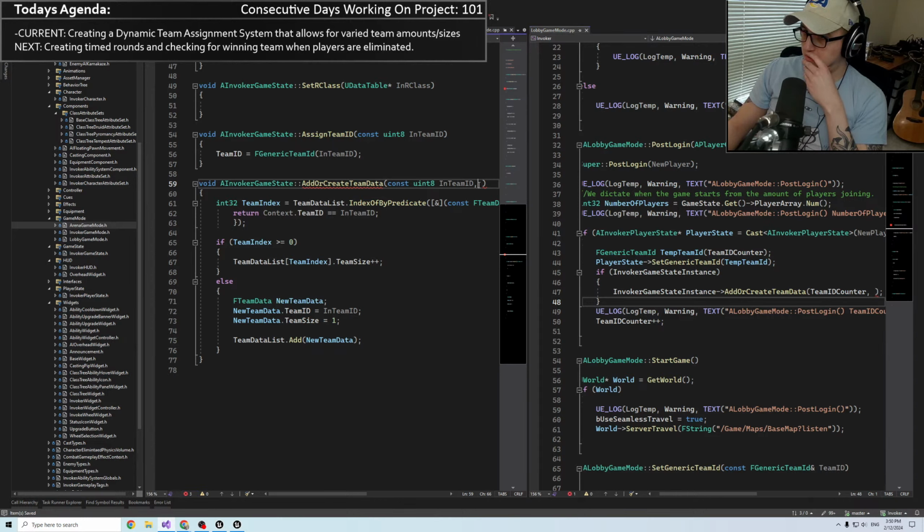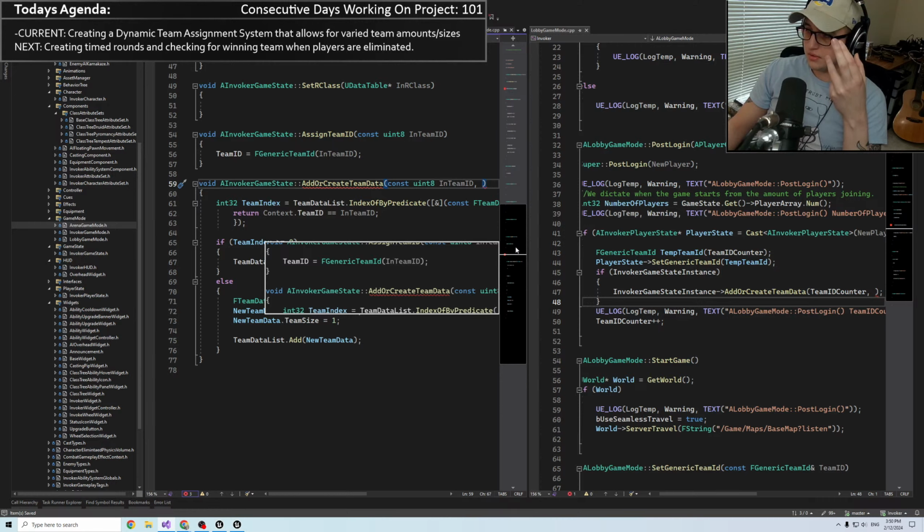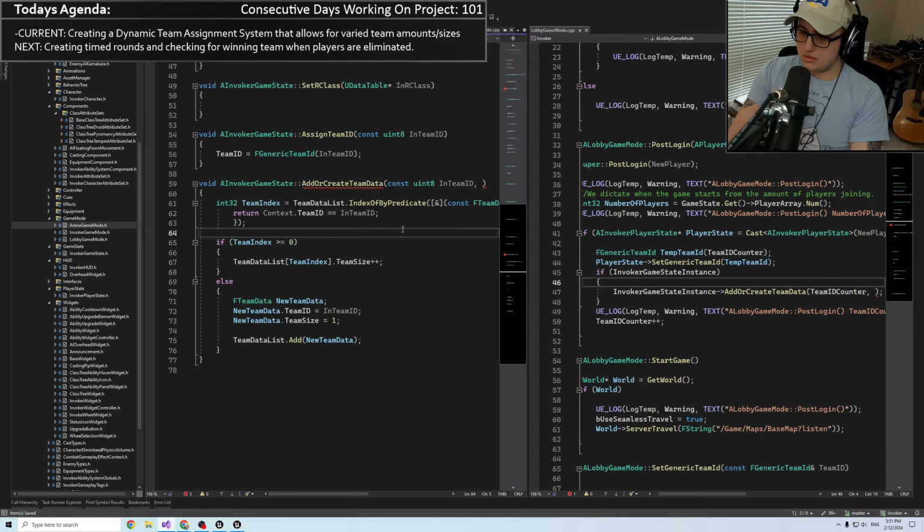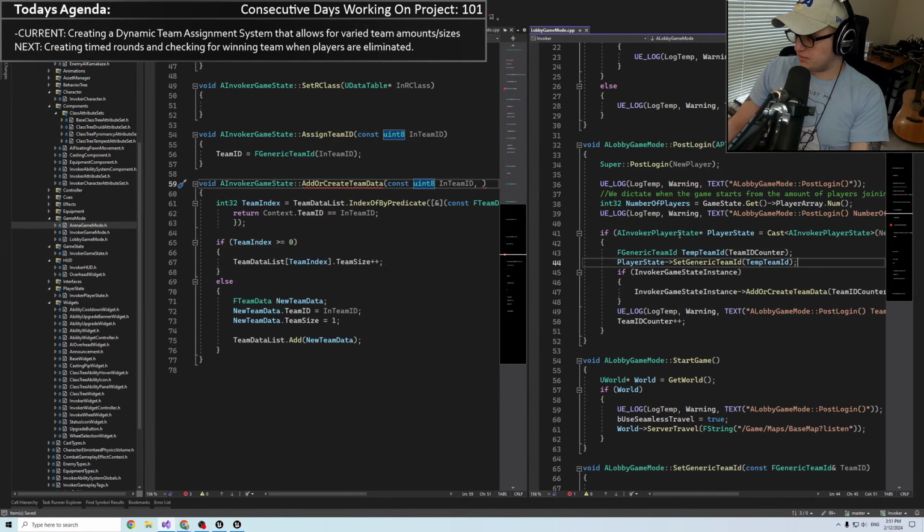The team ID that's selected in the lobby will also be the team ID that's given to them when they join the game. I hate how seamless travel's broken in the editor, but this is what you gotta do. You adapt and overcome. I believe the unique ID is actually just a uint8, but we can double check that